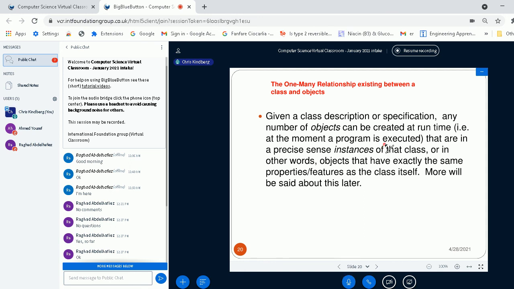And you can create another instance, and that's going to contain the same variables and the same methods. But there's every likelihood that, in the case of each object, each instance of a class, you're going to assign different values to the variables. In other words, objects have exactly the same properties and features as the class itself.